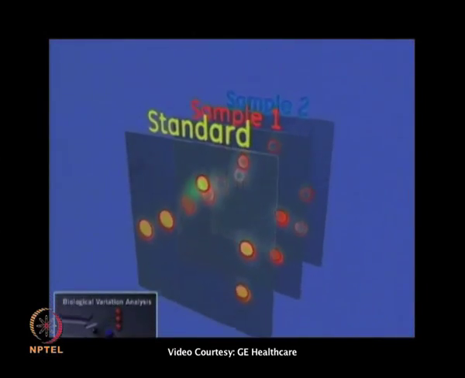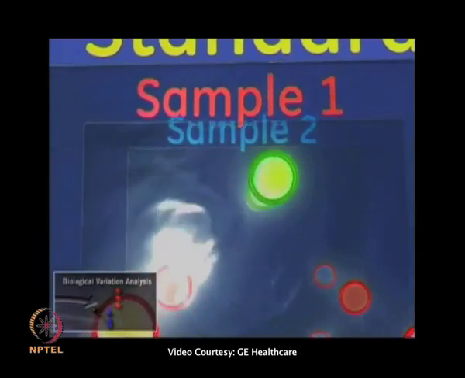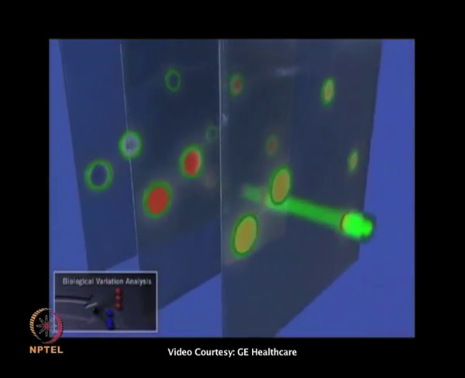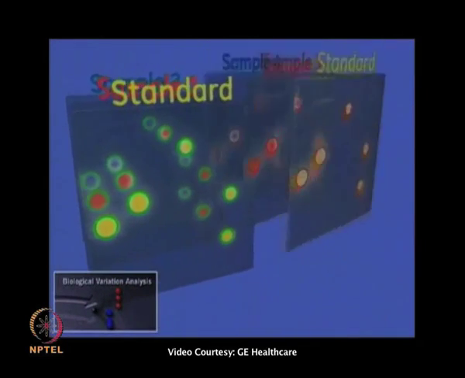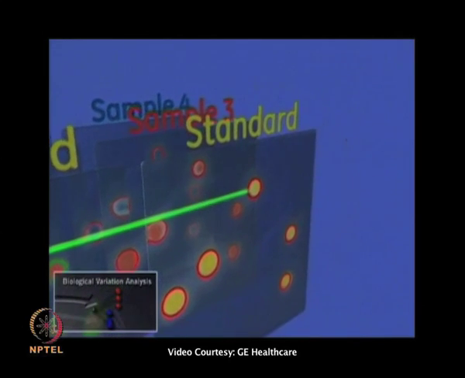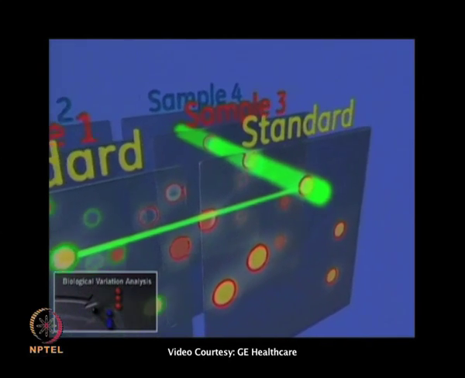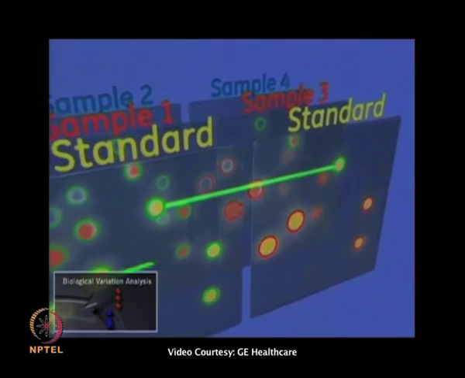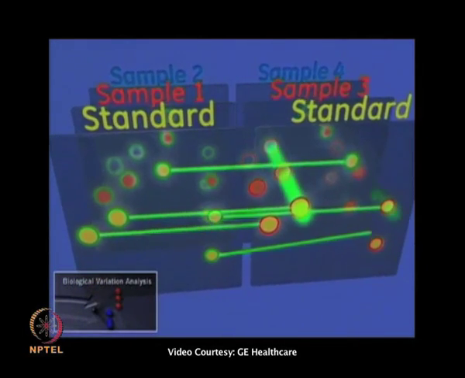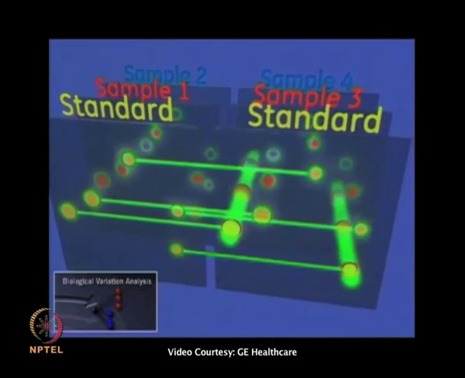And after finishing DIA, we can go to BVA. In BVA, we can compare all DIAs together. As you can see in this video, first of all it matches between the standard gel, and from the standard gel to the corresponding DIA. It matches each individual spot, and it will give you the final data.